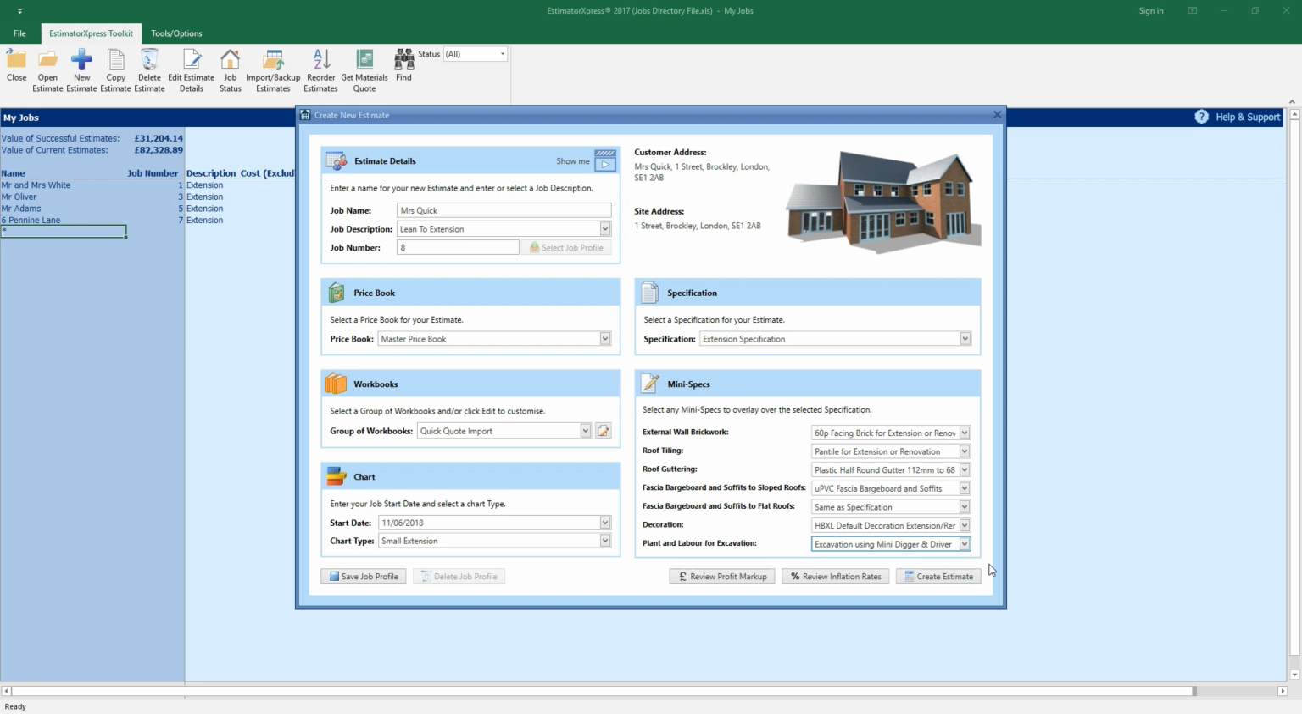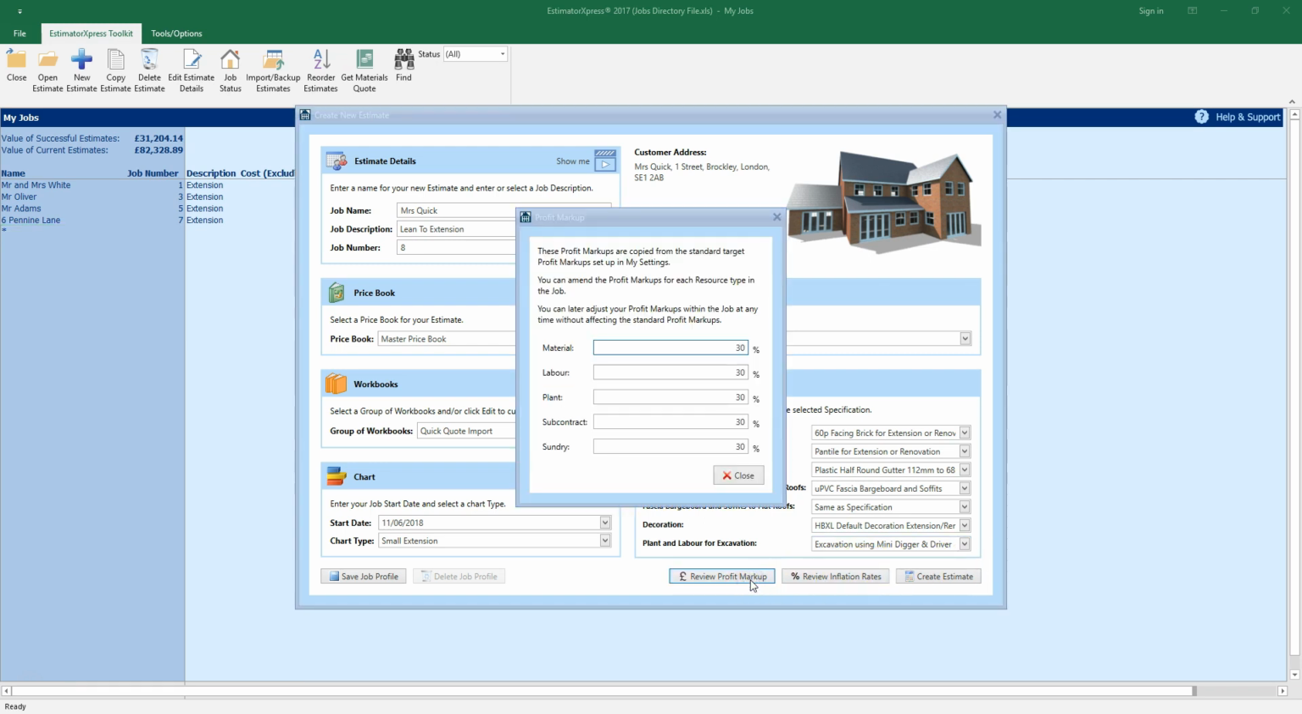Now the last couple of things you might want to review before you create your estimate are the profit markup. Here you can see that the profit is split into 5 sections, which correspond with the 5 different sections of the price book. EstimatorXpress has taken your default profit figures from the My Settings menu, but you can tweak them here for this